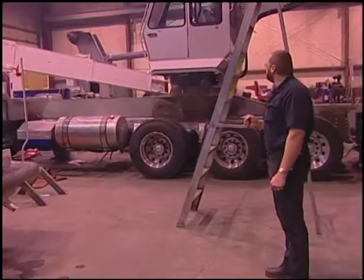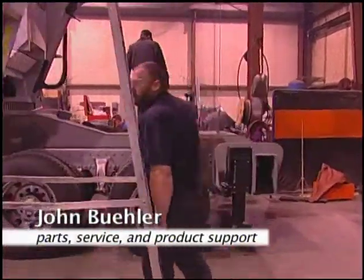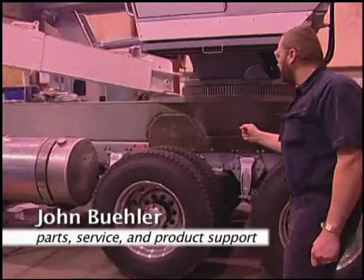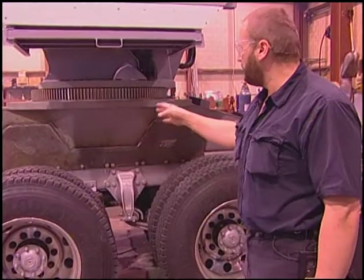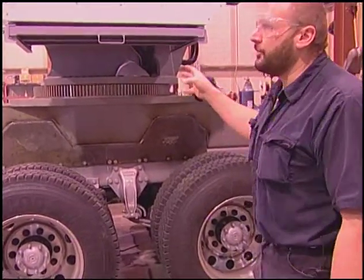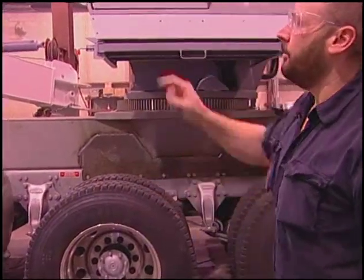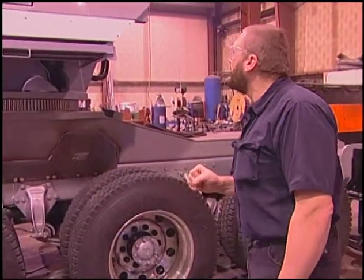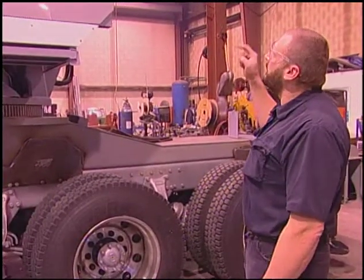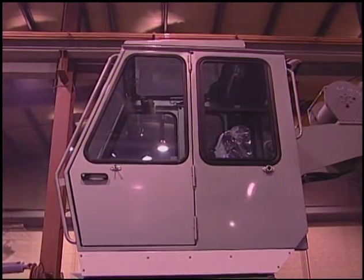This new crane that we're just building here, this is a customer unit that's sold. What we do is we build our subframe and attach it to the frame of the truck here. It's bolted to the truck frame and welded on. And we're just rigging this one up. We build the hydraulic tanks, all the boom rests, outriggers, everything is built in-house. The cab assembly, our winch, the cab is heated with heat and wipers, and